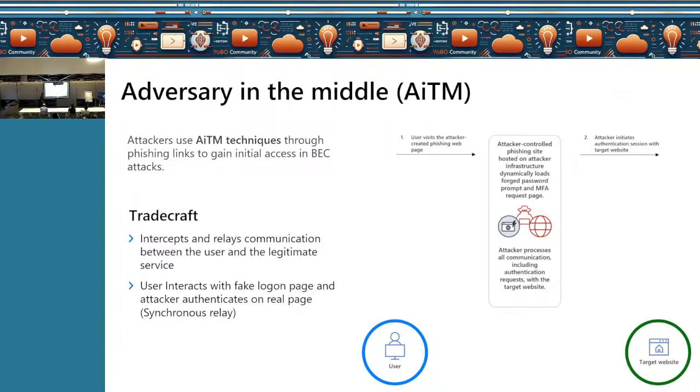So here you can see, this is the malicious website, and the target website is on the right. The user is never going to the actual website. The user is on the malicious website, and the attacker himself or herself is going to the target website.